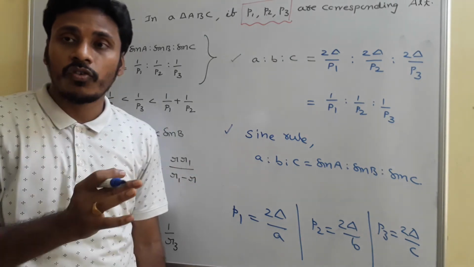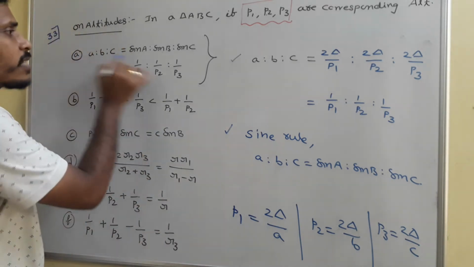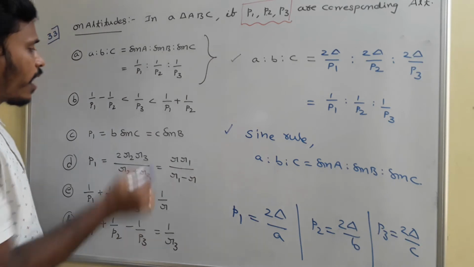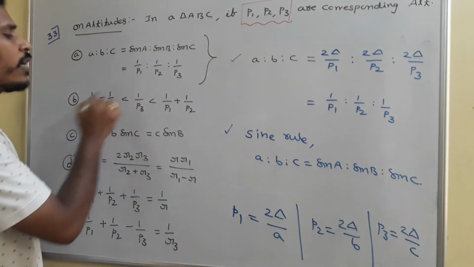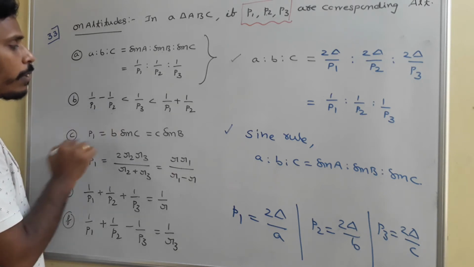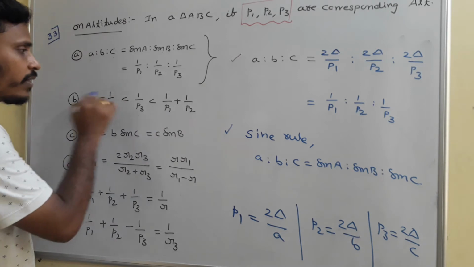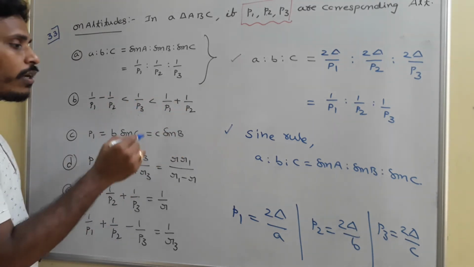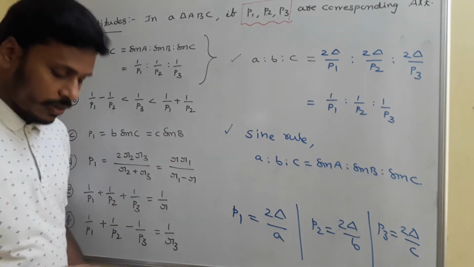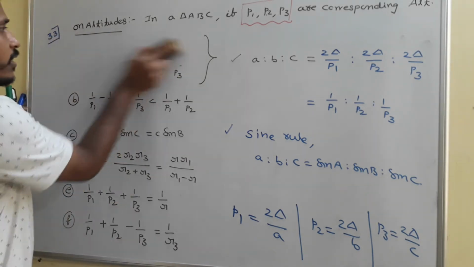You need to concentrate here, you need to follow with me, right? Okay, there ends the first part. Is it clear? And then I need to prove the second part. Second part is something, you just look there. 1 by P1 minus 1 by P2 less than 1 by P3 less than 1 by P1 plus P2. And this is an inequality. So to prove it, we need again an inequality, right? And to prove the second part, for the space I am arranging the first one.